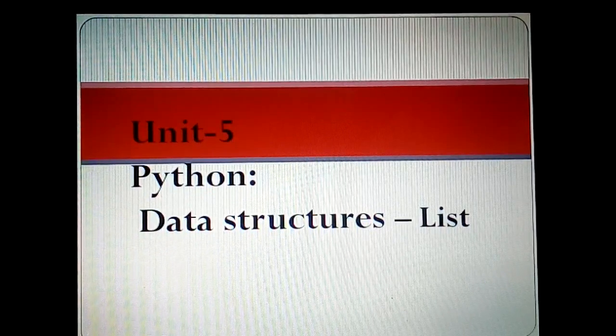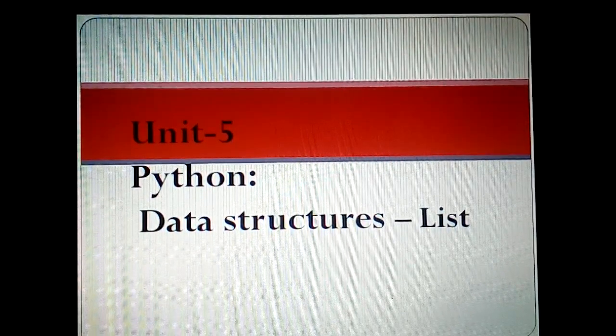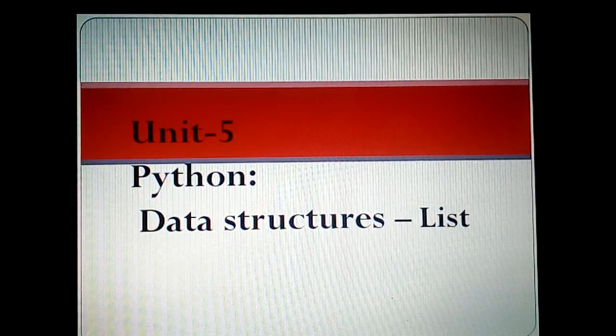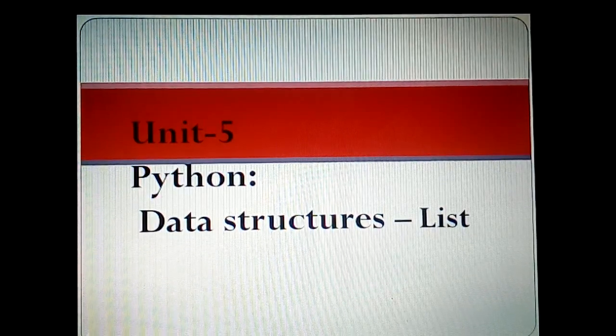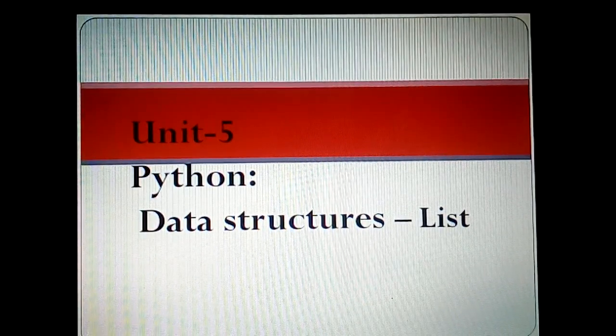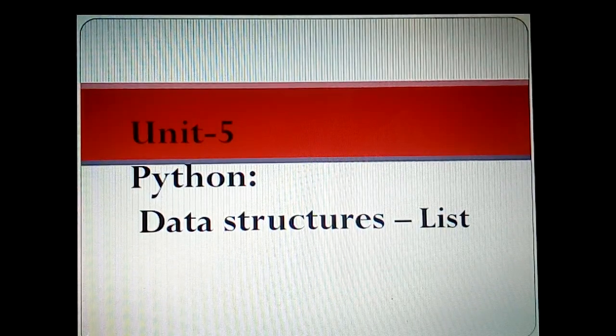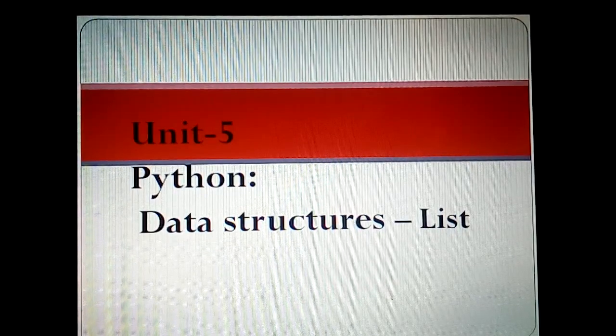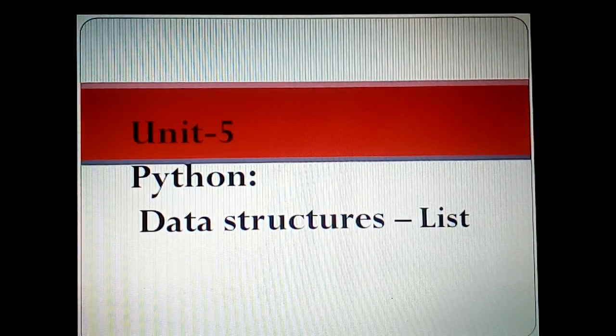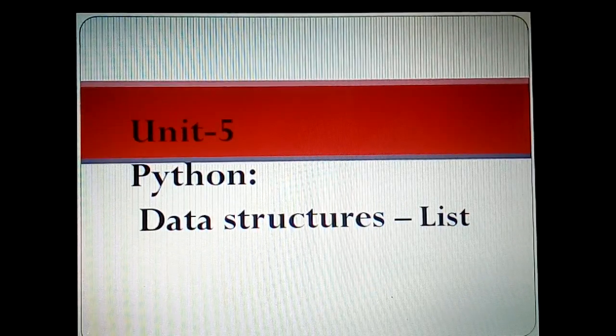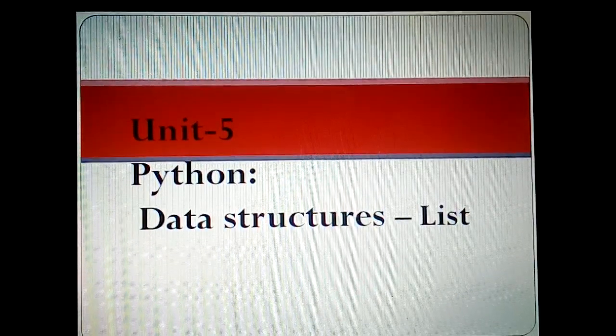What is a list? List is like a string and it differs in terms of the storage of the items, that is the items or the elements. The items can be of different type. It could be a string type, it could be a single character type, or it could be a float type, it could be integer type, and so on. Apart from that, we also understood how to access the list using indexing mechanism and also how to modify it.